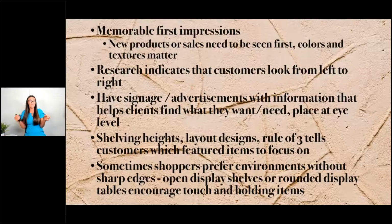So they're not super pointy, they're not jagged edges, but they're more of a rectangular or square type of display table. Then they also have circular display tables. Ulta has both as well. They've got their square tables as soon as you walk in the door, and then they've got their ovalish, egg-shaped mini displays where they keep all of their minis of everything,